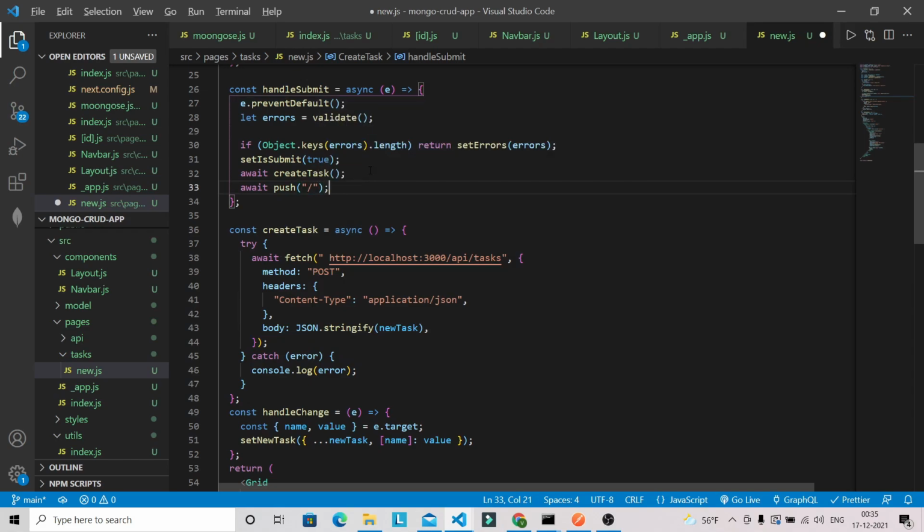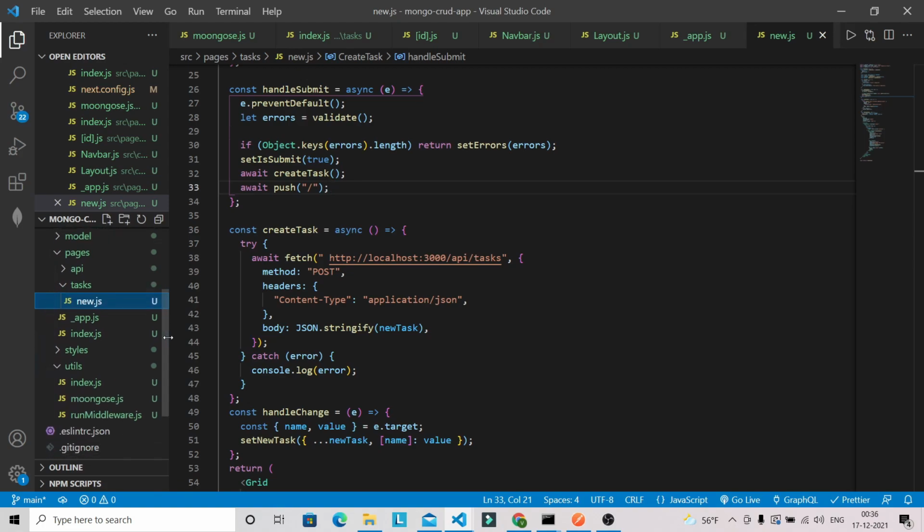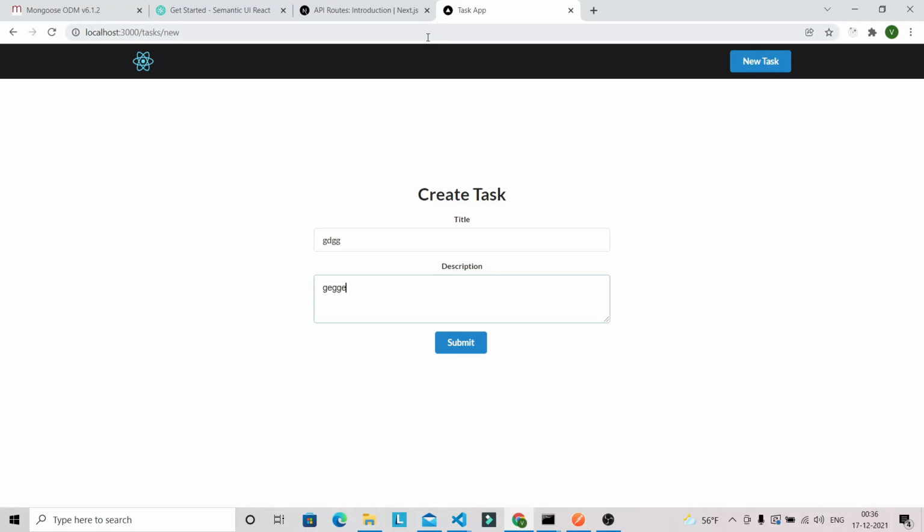Okay, and in the home page we already have all the logic which will basically fetch the updated tasks from our MongoDB. Let me refresh this one. So let's add one new task. Wake up, I will wake up at 10 a.m. and let's hit submit.